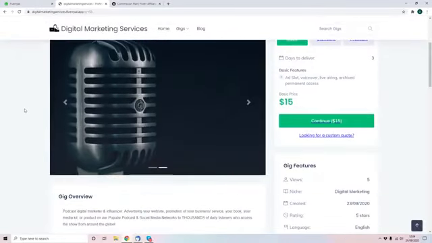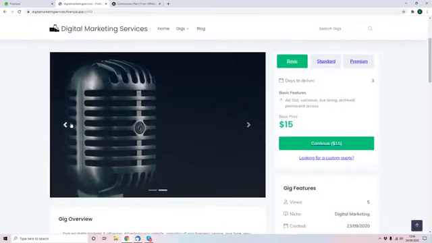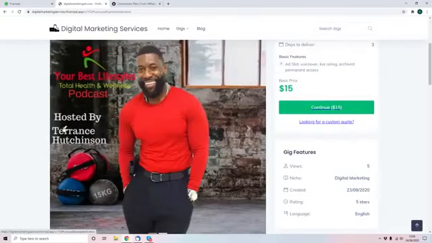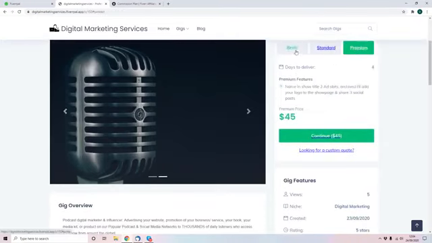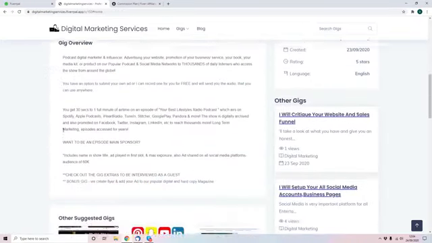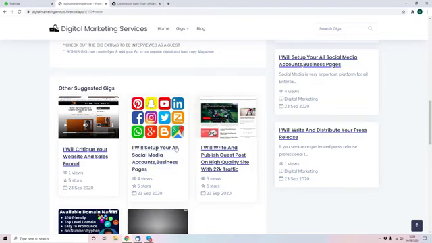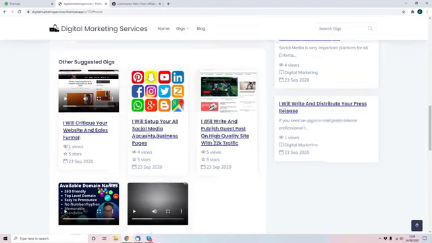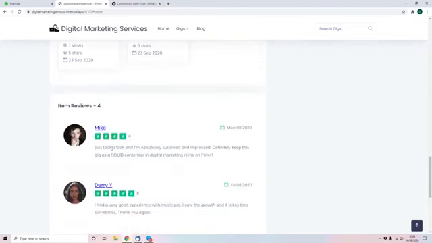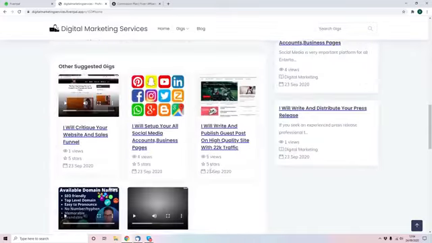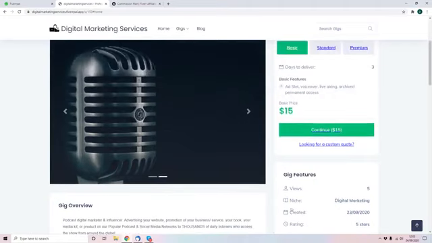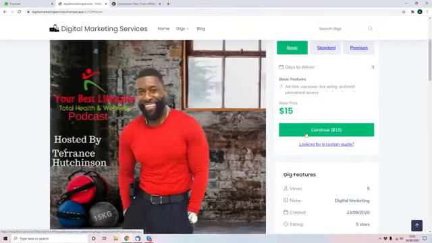And then we take a look at it. We scroll down here. You can see we've got multiple different pictures relating to the gig. We've got all the information about the different features, the different prices they can pay. We scroll down. You've got other suggested gigs that are related to it. You can get more information about it. All of them come with reviews. All done for you. Every single bit of information that you could possibly want to know about this recommended gig,